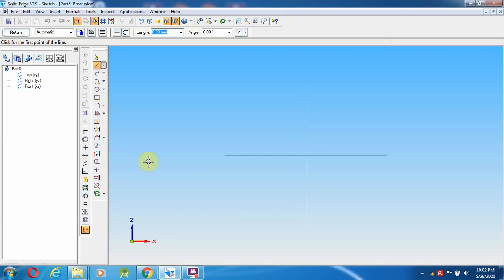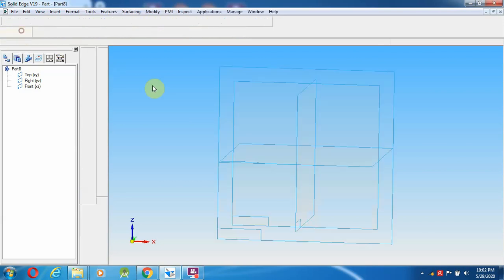So go over here, select a line from here to 4.5 mm. It is a square, 4.5, 4.5, 4.5, and join over here. Then return.